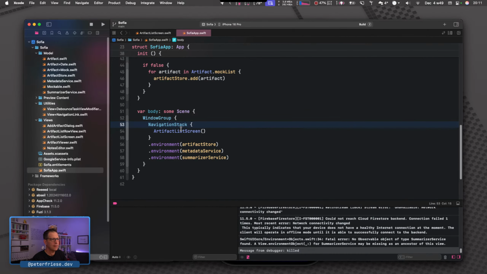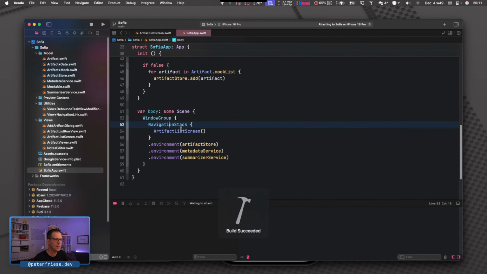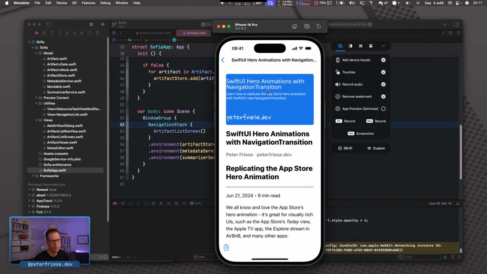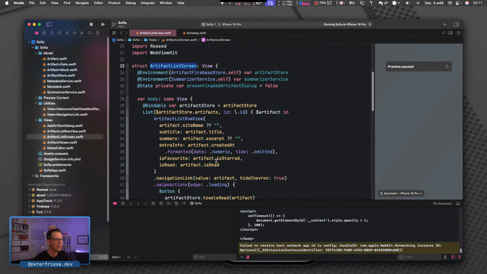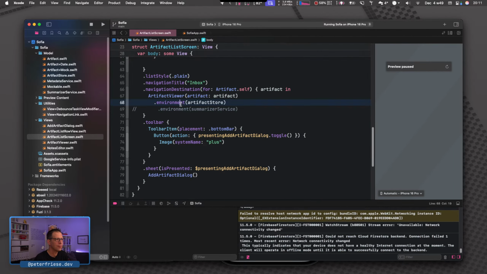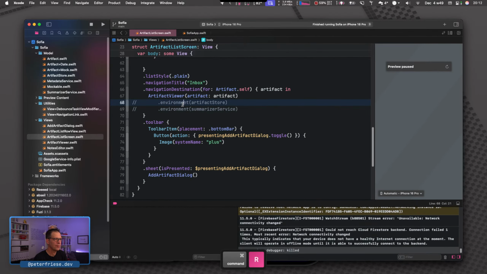So let's run this again. And now this should be fine, right? And actually, let's also remove this line, which should also be fine.